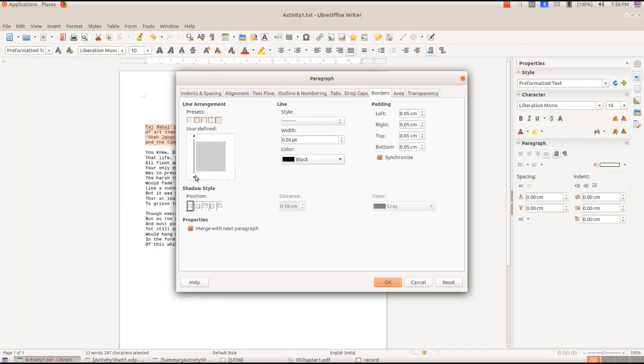And suppose you want to change the line style and all, the way that line should be, when you click, you will get the options, and by default it will be none, and that is why you don't have any borders. And before doing the rest, we'll change the option, and now we'll see how you can change the width of that line. Width means the thickness. It is given as 0.05, and there we have 2 triangles. The first one to increase, the second one to decrease. The width is 1.